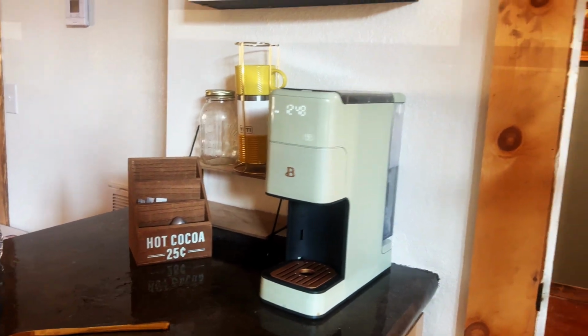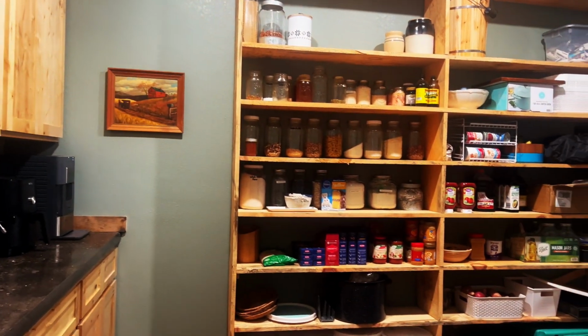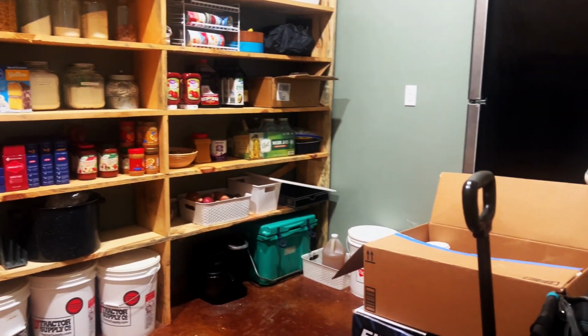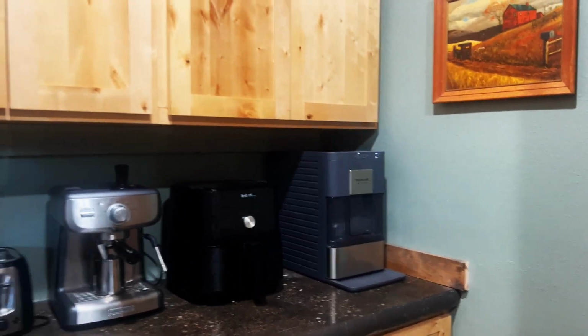As of right now, I did get this new coffee maker, which I'm learning, and after you kind of figure it out, it's not too bad. But this is where the pantry is right now. And honestly, guys, I've never kept a ton of extra food. I kind of am more minimal in this regard, but with a large family, it's necessary. And I'm loving this